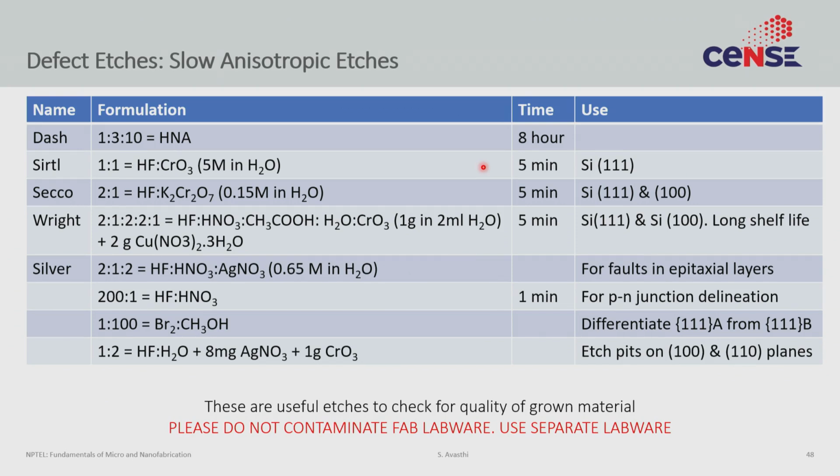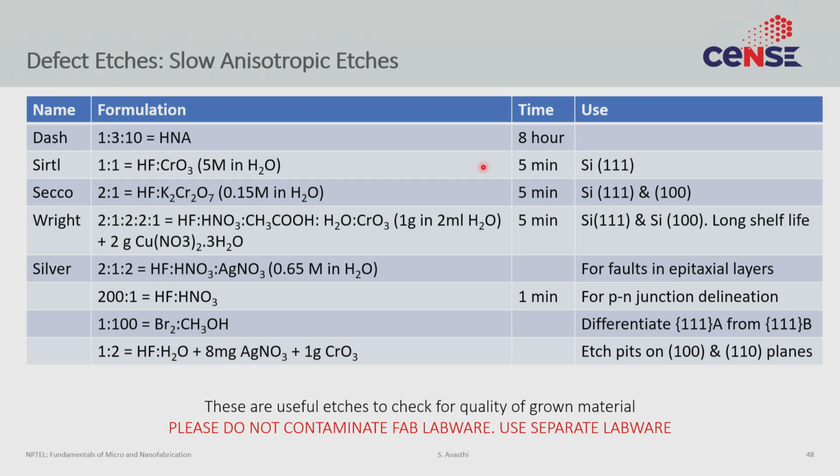All right. So that was using a combination of anisotropic and isotropic etches to make a real device. But there are a few other etches that I would like to discuss. We'll start with what is called a defect etch. The origin of the need for a defect etch comes from the problem that in modern semiconductors we have defects. We care about the defects. We want to see the defects. We want to understand the defects. But at the same time, we are